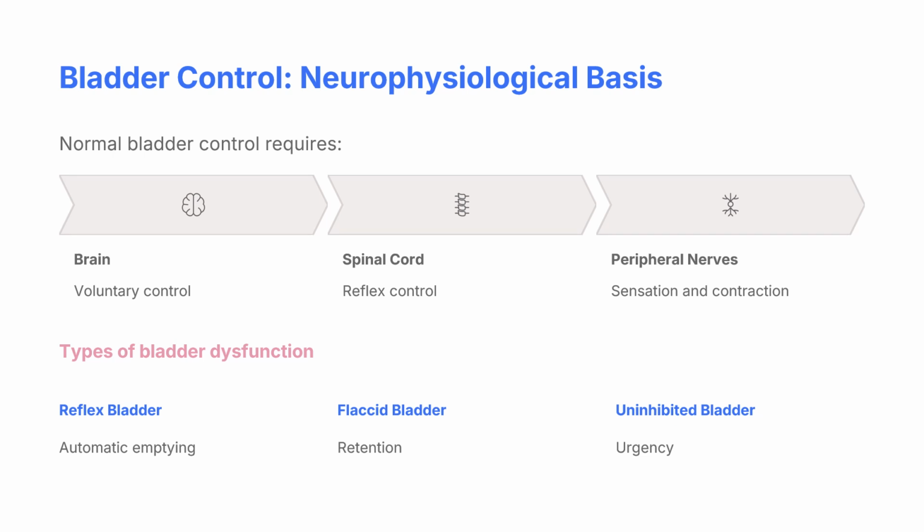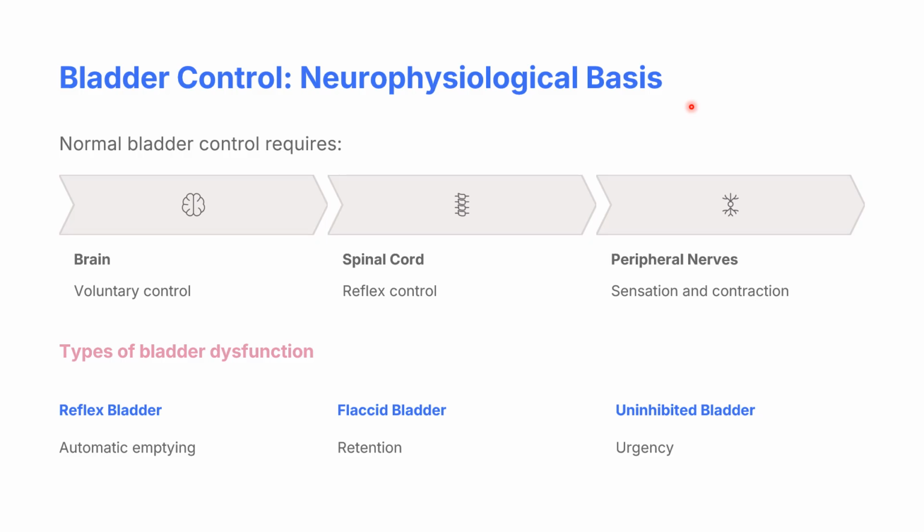That means a reaction or a response. And peripheral nerves are necessary for the sensations and for the contraction of that particular region. So when this pathway is disrupted between brain and spinal cord, or spinal cord and peripheral nervous system, we will have different kinds of